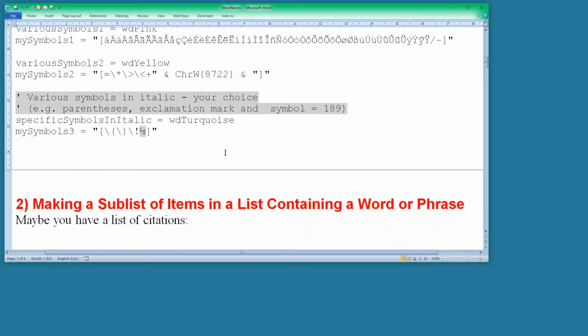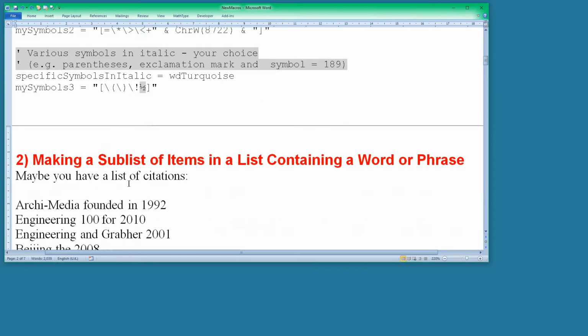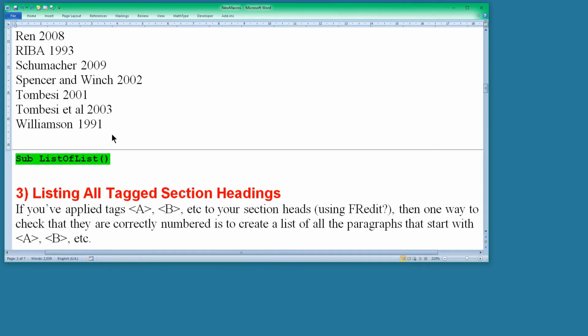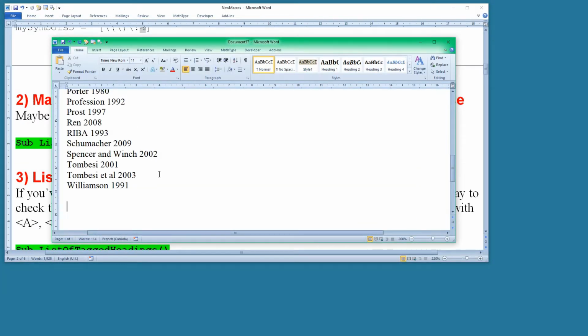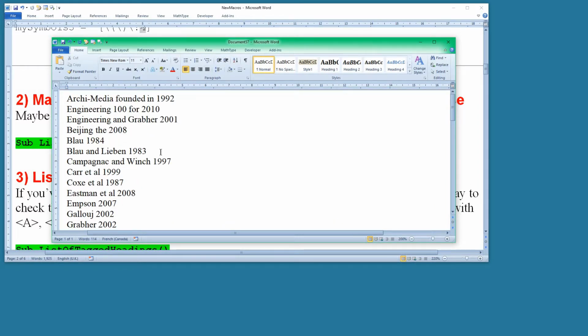Next one is making a sublist of items in a list. So we might have a list of citations. Let's select our list here and put those into a separate document. Here we go. Right, so we might want to make a sub-list of all those citations that are in 1997 or something, or maybe in the 1990s. So if we select the 199 and run list of lists, with an F2,